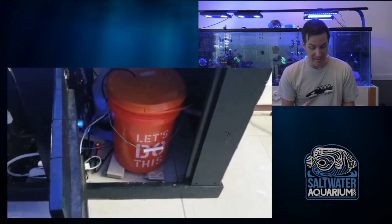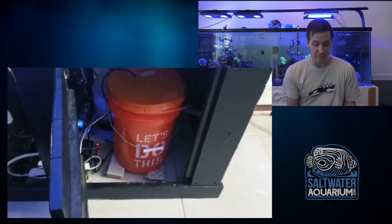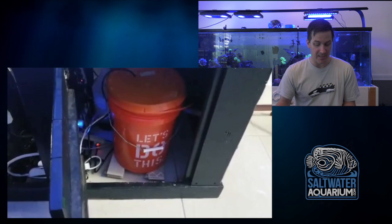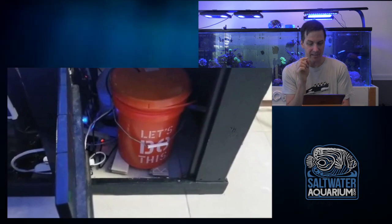That's a good idea. I mean, he's got tile on this tank underneath it, which is nice because if the water spills, it's not going to ruin the tile, but he elevated it maybe just to get any water that happens to spill to encourage it to evaporate. Now, one thing I'm seeing as I'm looking at this shot as well is he's got that